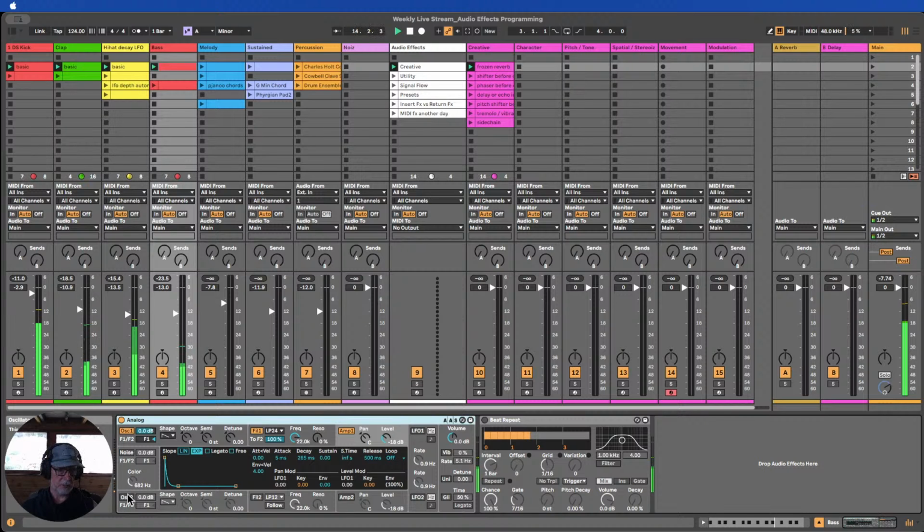We could have a second oscillator, maybe just detune it slightly. But again, I wanted to keep the sound quite basic. With this one, the first thing we're going to do is use the beat repeat, but we're going to try and get creative with it to create new bass notes for us effectively. So if we switch it on,